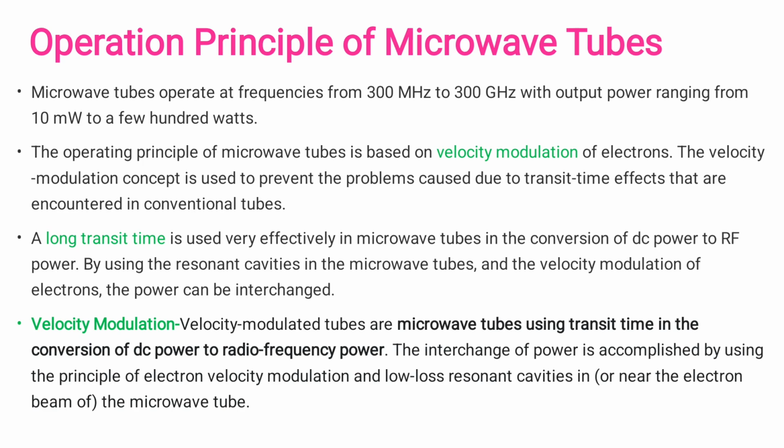Velocity modulated tubes are microwave tubes using transit time in the conversion of DC power to radio frequency power. This concept is also used in magnetron and klystron sources. So velocity modulation is very important to study about microwave tubes and microwave sources. The interchange of power is accomplished by using the principle of electron velocity modulation and low loss resonant cavities near the electron beam of a microwave tube,